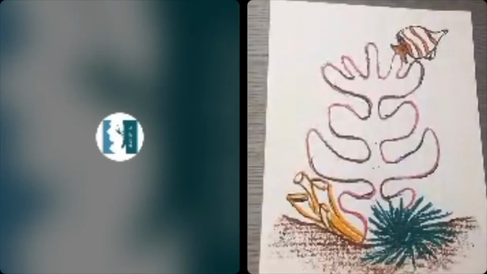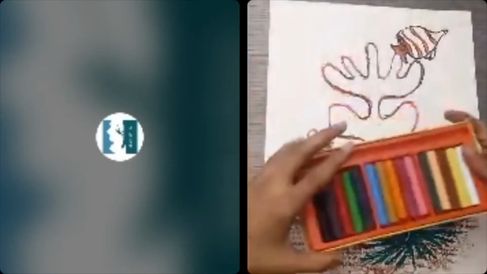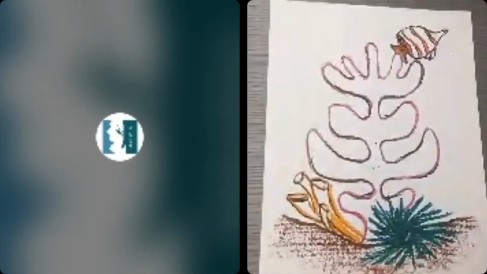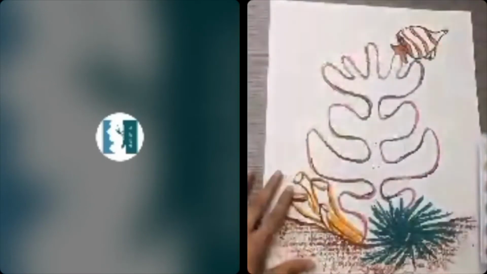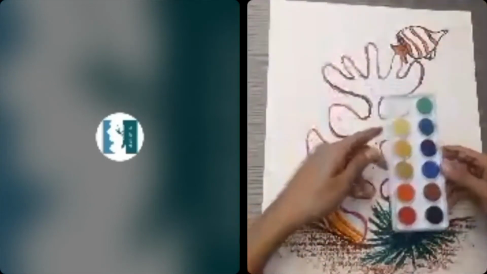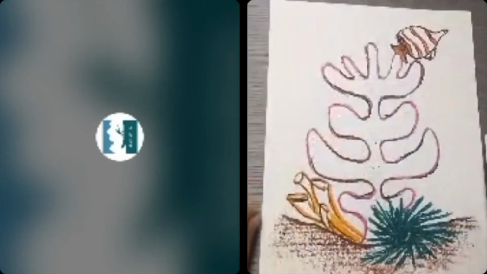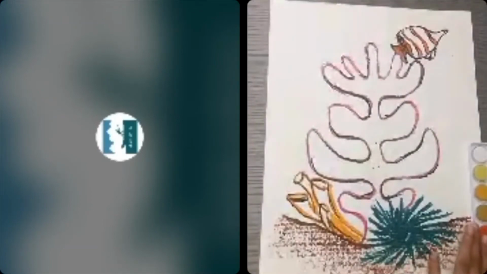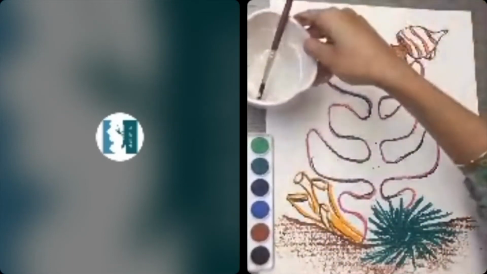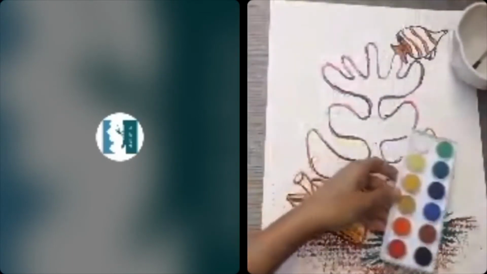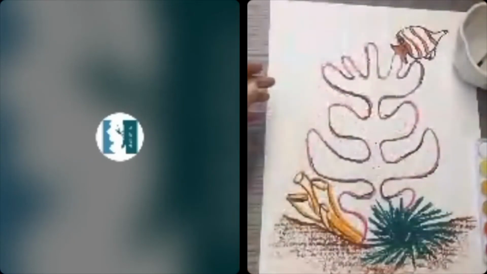Okay, awesome. So what's going to happen next is we move aside our oil pastels or wax crayons, whatever we've used, and we bring our paints into the picture. It would be best to keep the paints on the side of your dominant hand. Like I mentioned, since I'm left-handed, I'm going to keep it on the left side. If you are right-handed, please keep it on the right side, along with your bowl of water on the right side as well. Okay. We also need to bring the rock salt into the picture.